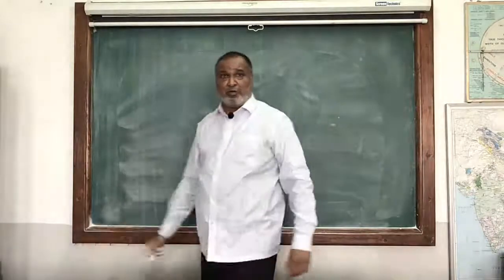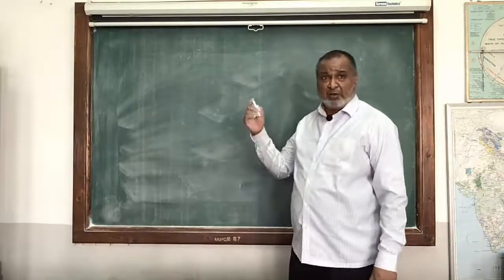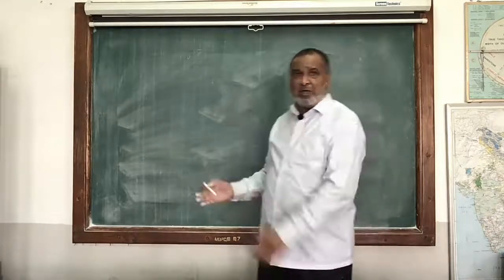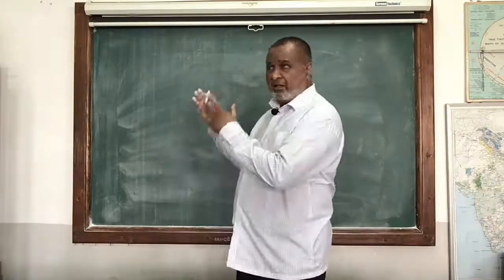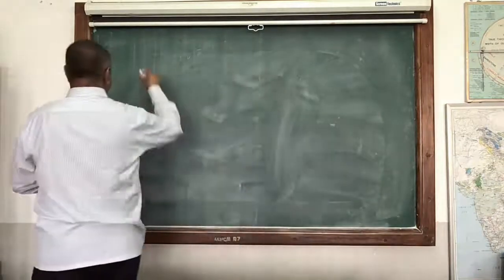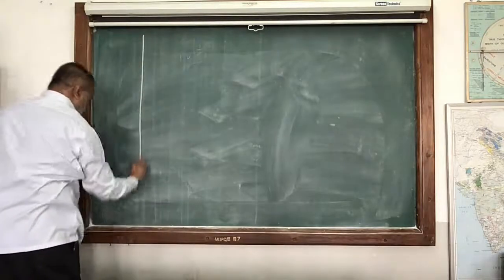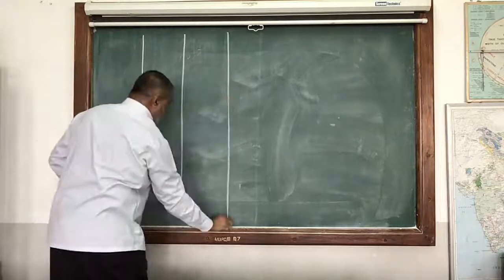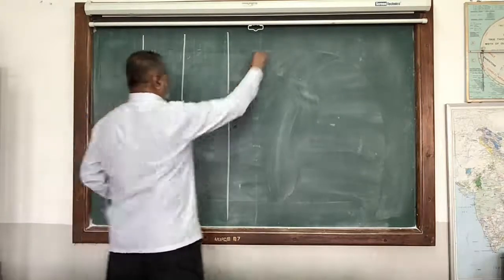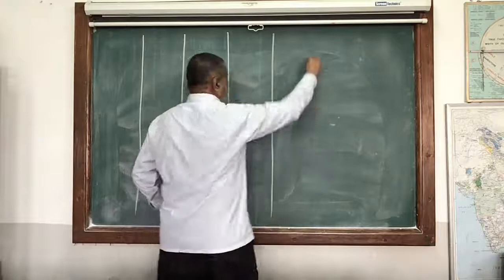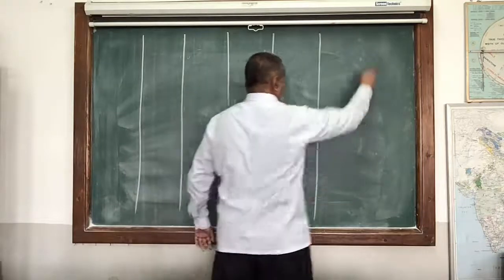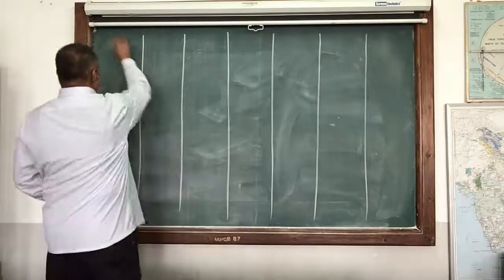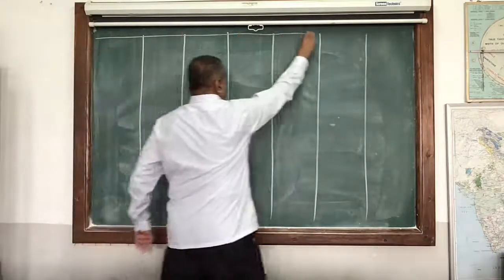What is the next one we are going to make out? We are going to see the comparison between all the 6 symmetries. So one column we have to prepare for the indices, and the other for the comparison. Whenever you make tables, there are 7 columns we have to make: 1, 2, 3, 4, 5, 6 and 7. Yes, we have prepared the 7 columns.